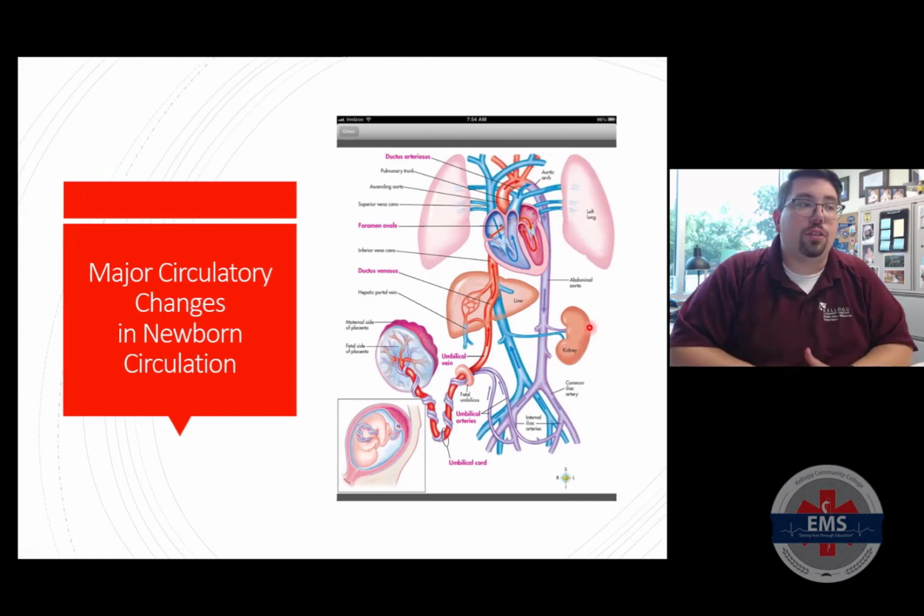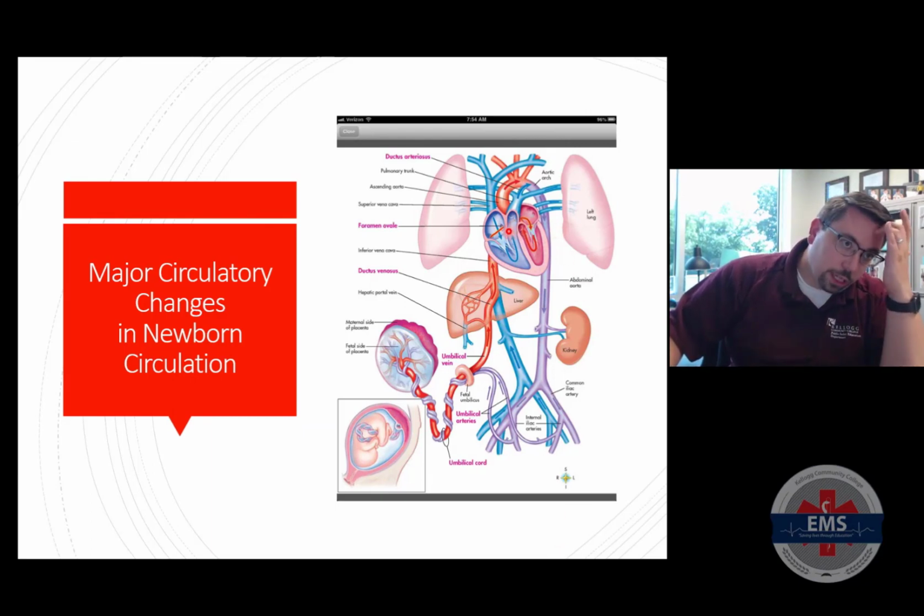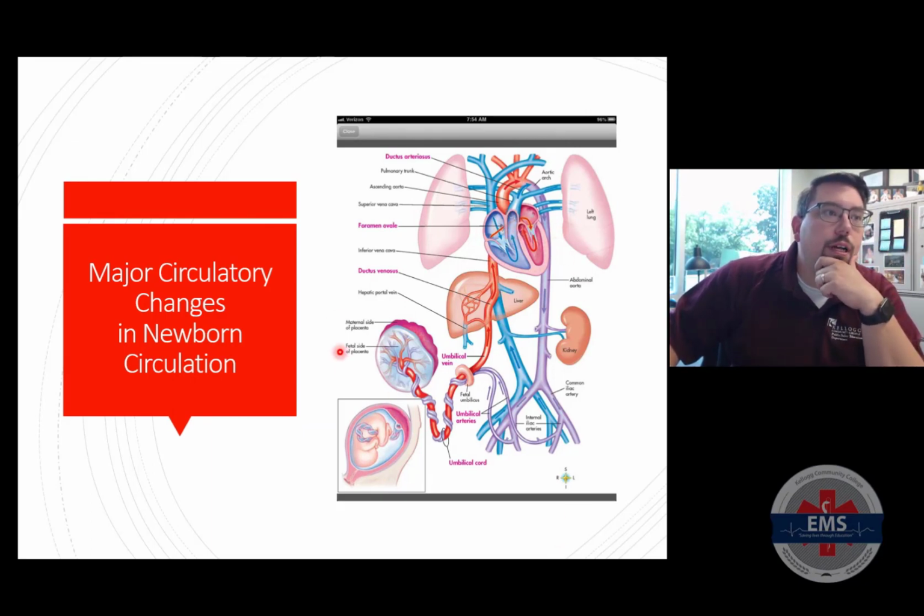Here's another way of taking a look at this from another image that we have. If you take a look at this, you can see here is your placenta, here's your umbilical cord, right? And here's where the umbilicus actually enters into the fetus. The umbilical artery is going to travel on down through to the iliac arteries, right? It's really not doing a whole lot of components, but it is dumping, again, any type of overflow or deoxygenated blood in that location. The umbilical vein, which is actually carrying oxygenated blood, is treated like that of an artery,